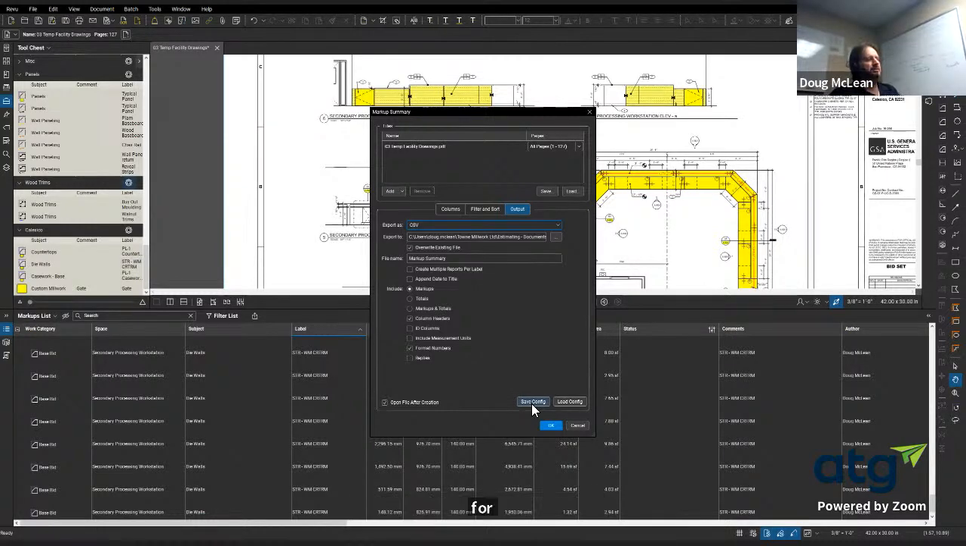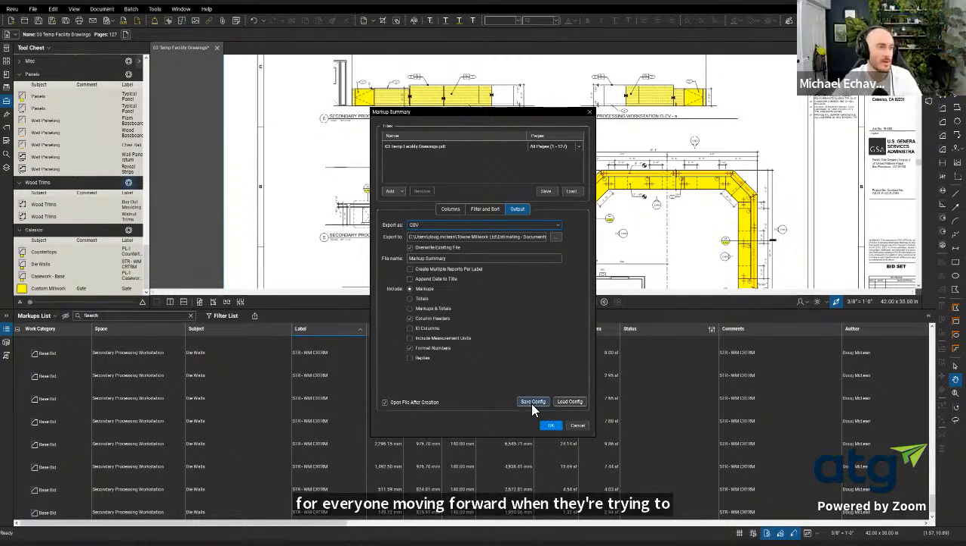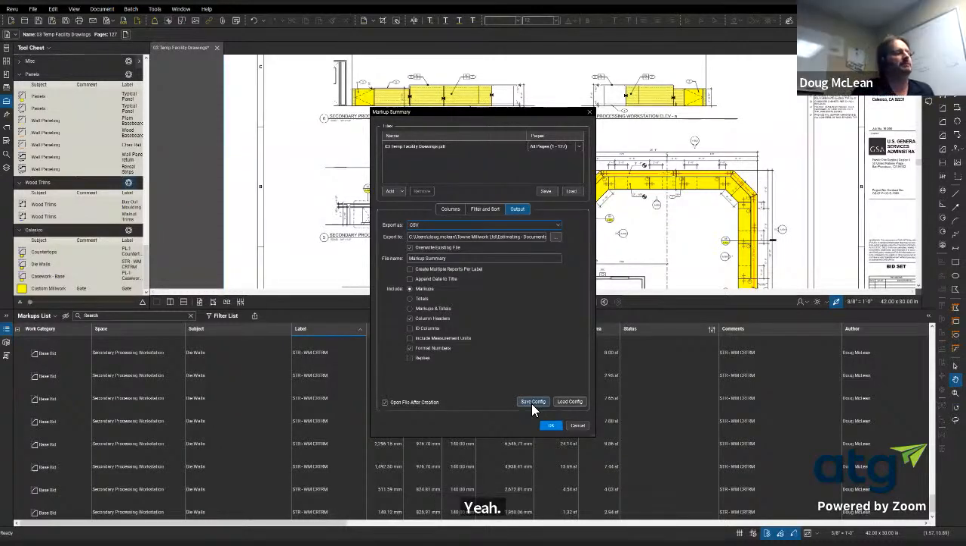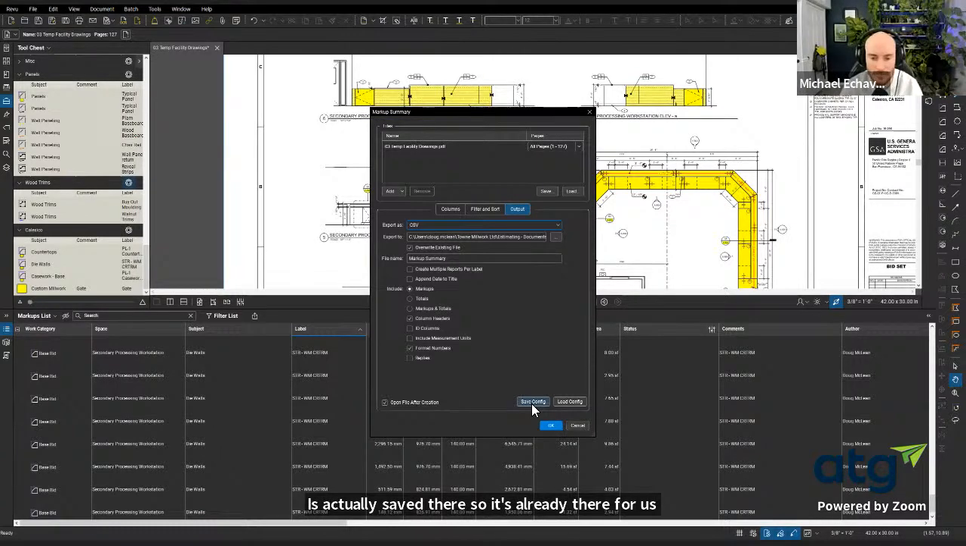And I would assume, are you the only one exporting, or other people? Our whole team does. All three of our estimating team uses this. We actually keep it in our template folder for our estimates. This config export file is saved there, so it's already there for us. We don't have to worry about it. Nice. And once I run it,